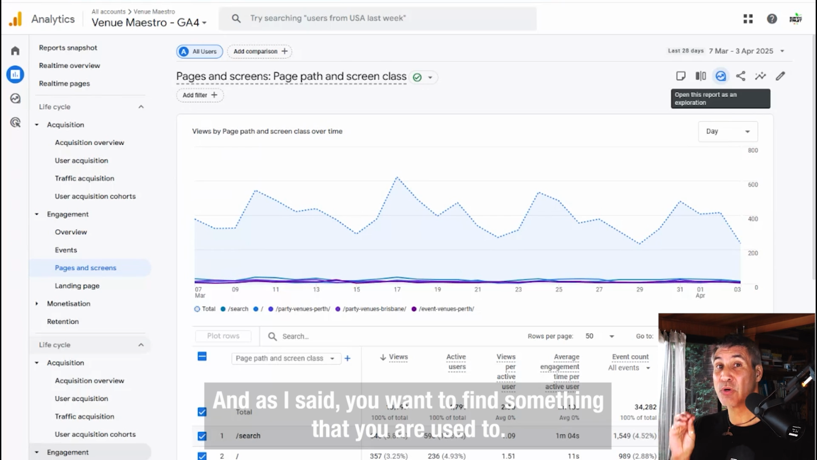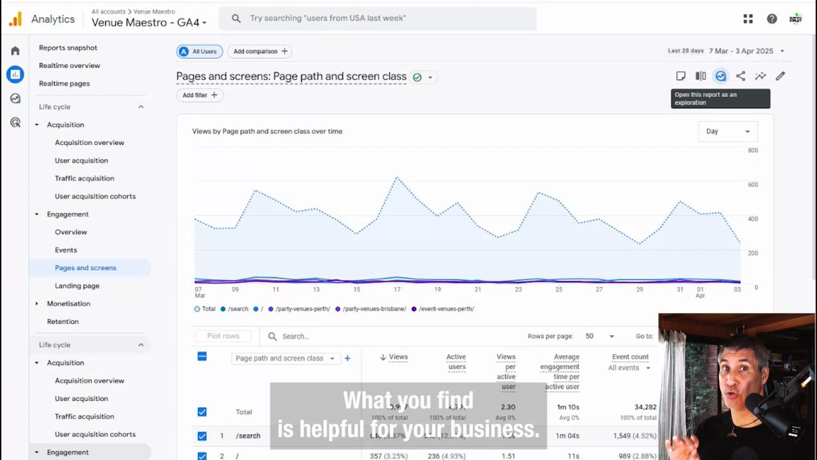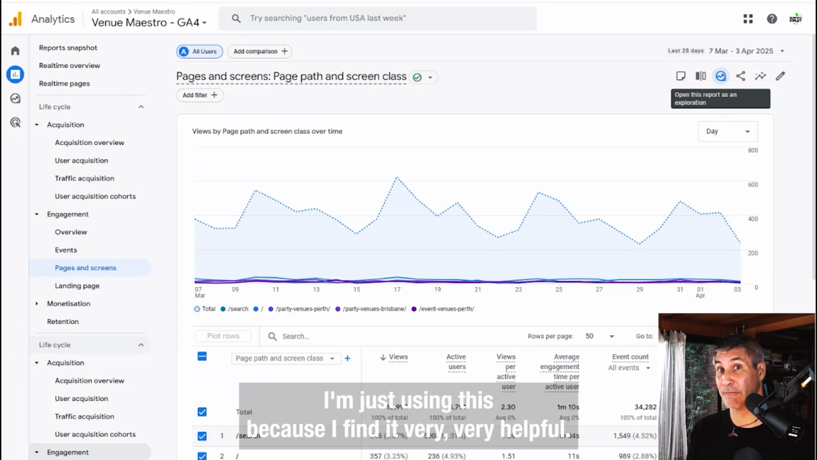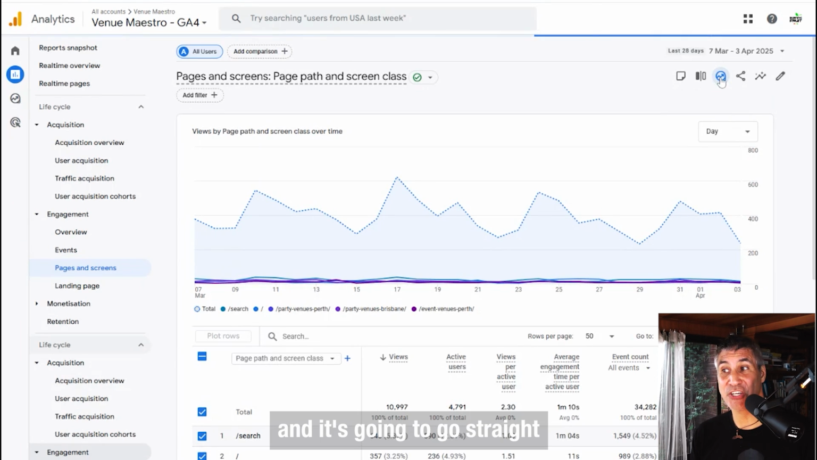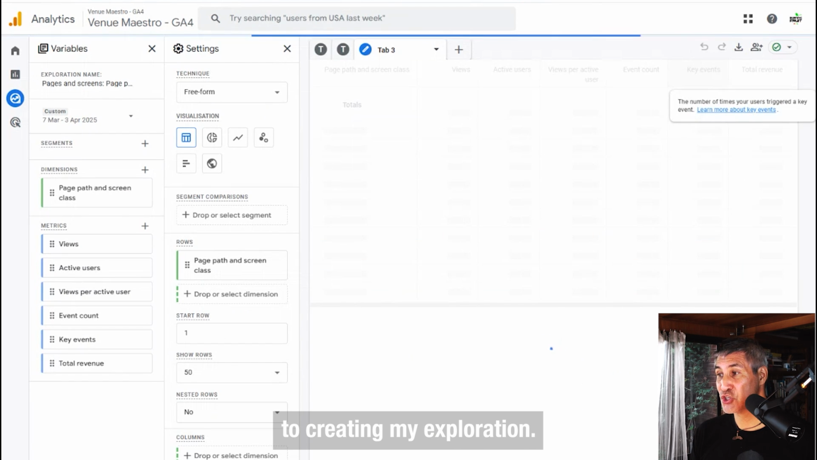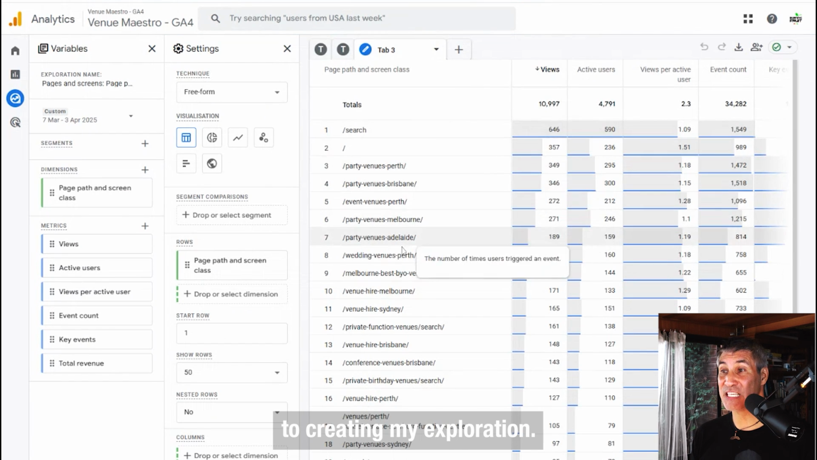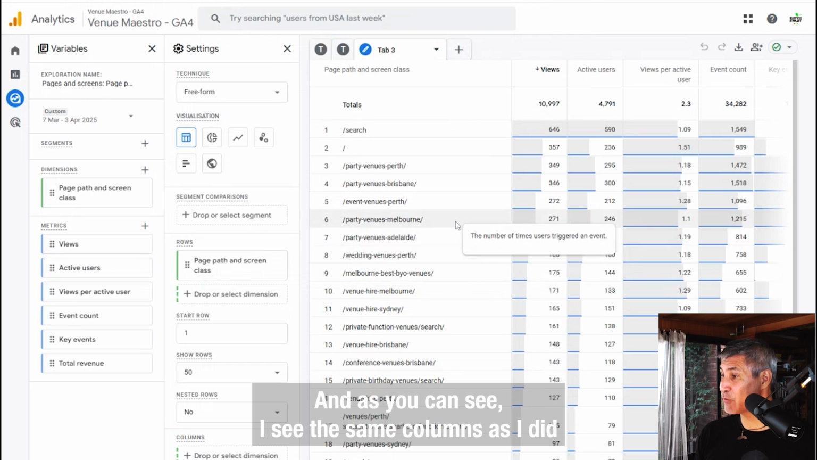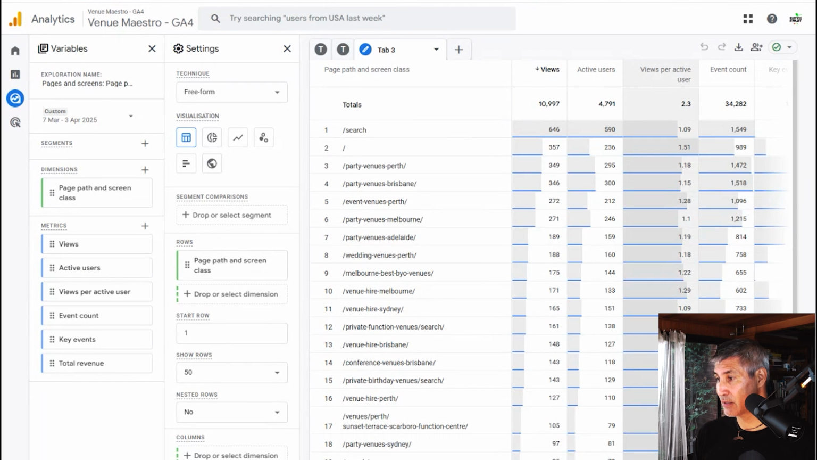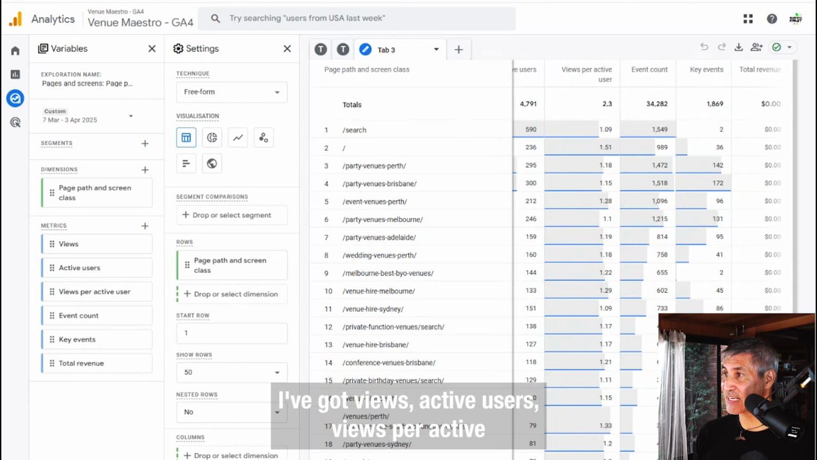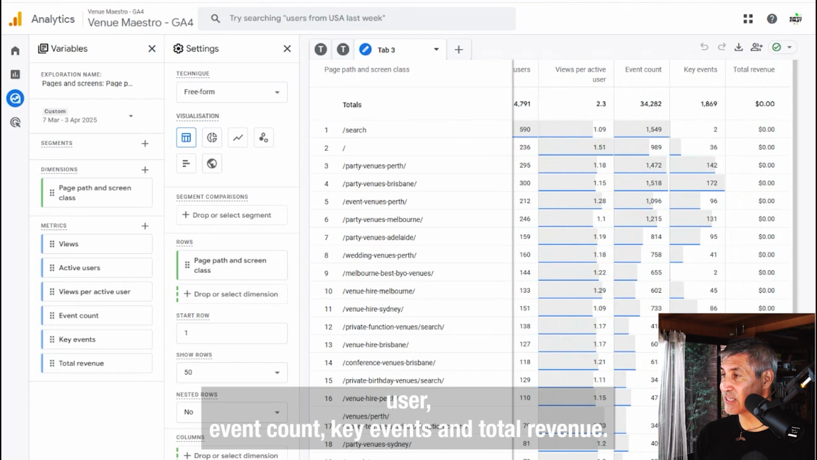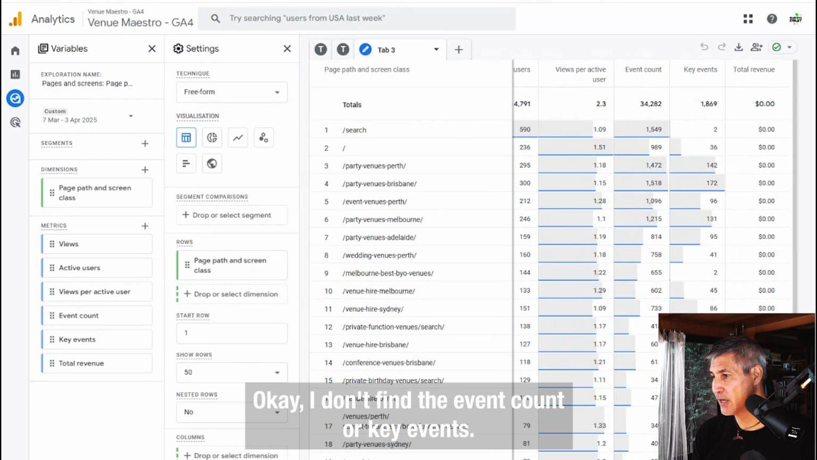And as I said, you want to find something that you are used to and that you find helpful for your business. I'm just using this because I find it very, very helpful. So what I'm going to do is click on this button here, and it's going to go straight to creating my exploration. And as you can see, I see the same columns as I did before. I've got views, active users, views per active user, event count, key events, and total revenue. I don't find the event count or key